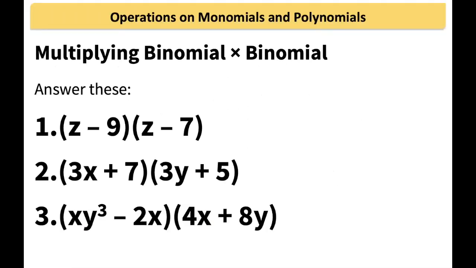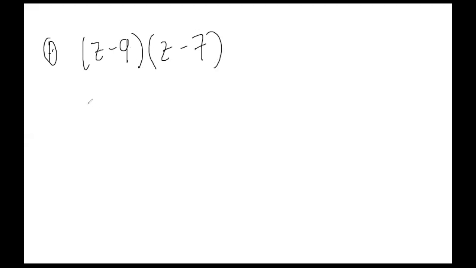I'll give you 2 minutes again. Okay, number 1, we have z minus 9 times z minus 7. So here, pag pareho lang yung coefficient, parang may pairs ka ng like terms. Pag may pairs ka ng like terms, hindi ko alam kung alam niyo yung shortcut na ito, square mo lang sila, syempre, z. Tapos yung middle term mo would be